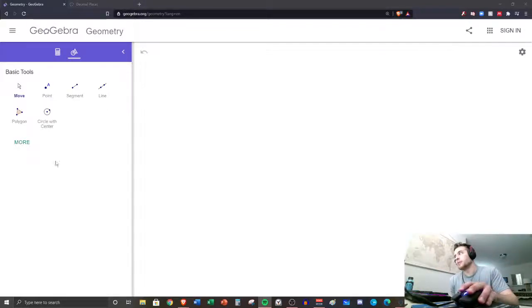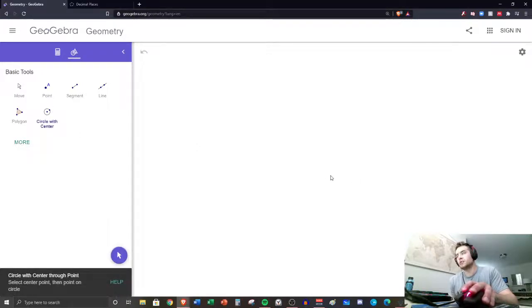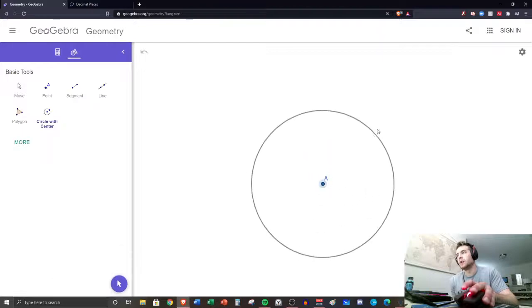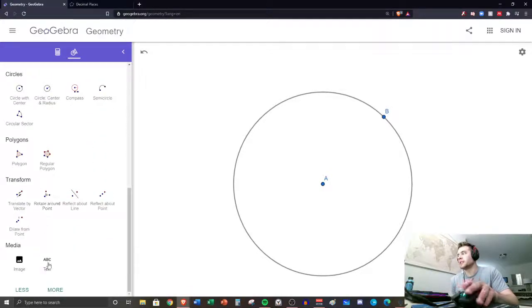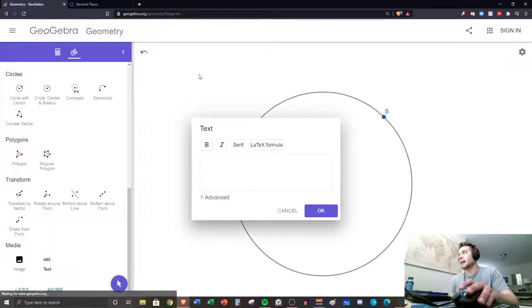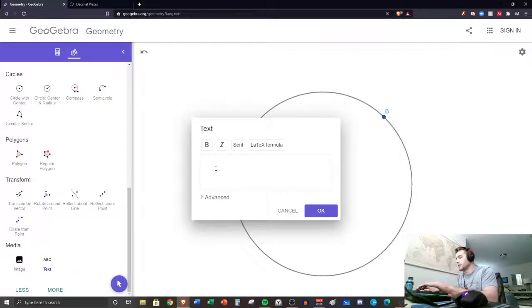We're going to use GeoGebra to help us out. So let's go ahead and start by constructing a circle. So click the circle tool and create yourself a circle. Okay. Now we all know, I'm going to add a little text on here, that pi, or excuse me, we